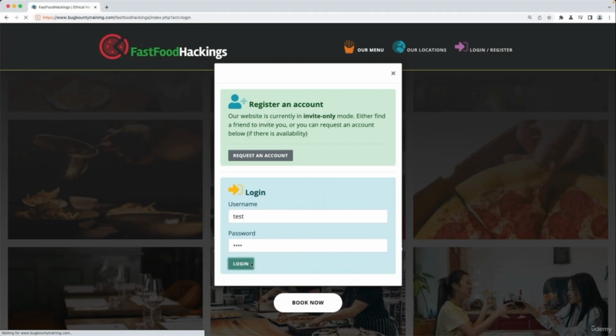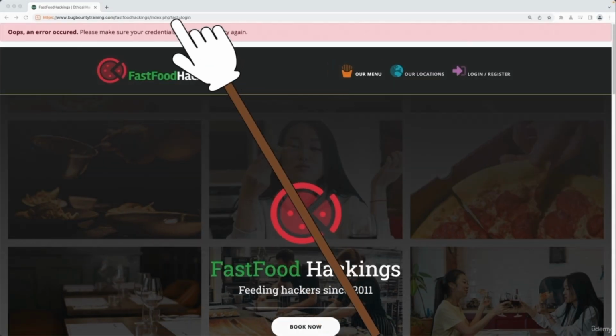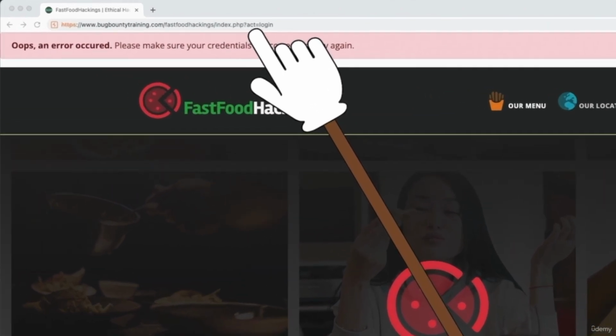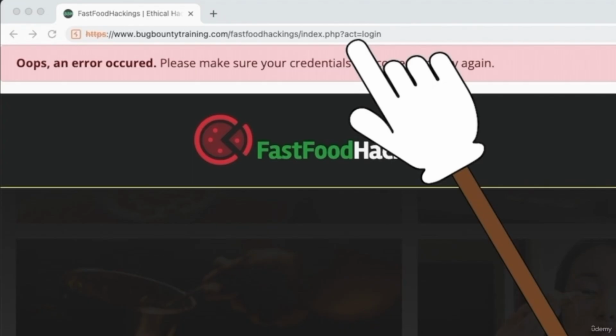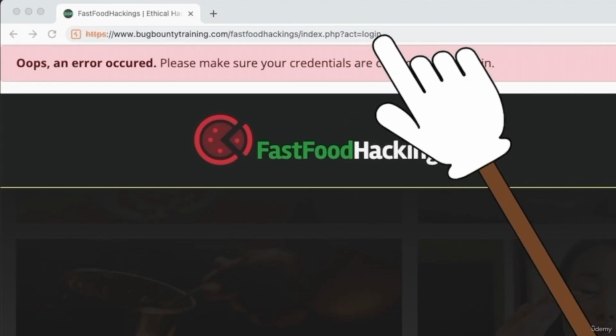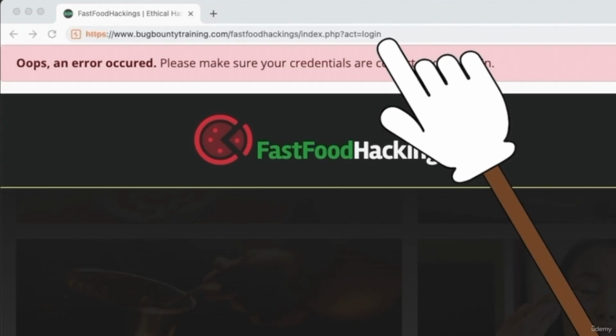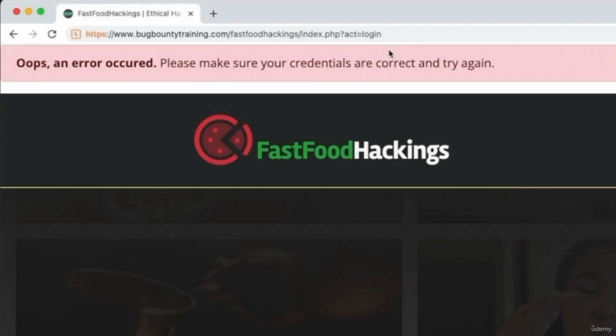And if we click on login, you will notice that we actually have a parameter called act in here. Now, in other cases, you might not see this parameter in here, but the fact that we are logging in means that information is being exchanged and sent to the web server. And therefore, if you don't see that in here, you should intercept the connection with Burp and then analyze what's happening, analyze the data that is being sent and modify it. But in our case, we already see this. We already see act is equal to login. So we already have a value in here, which is login,